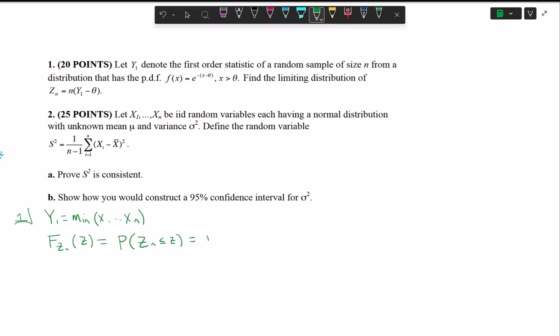Going back to the definition, there's a probability n(Y1 minus theta) that's equal to z. It's going to be the probability Y1 is going to be less than or equal to theta plus z over n. Now, if we can identify the distribution of Y sub 1, we just plug in this argument and we'll be good to go. So let's see, for Y sub 1,